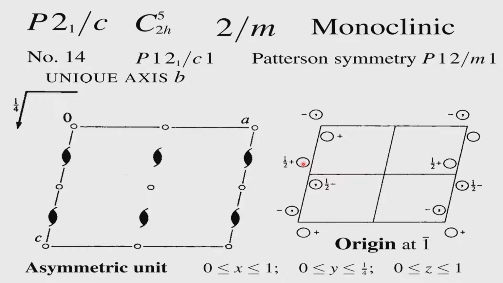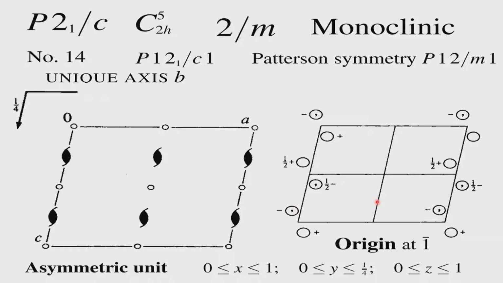then there must be a possibility of a glide plane which is placed at 1/4 the distance, because these 2 points will not be generated otherwise, and this is one of the points which is generated by the C glide system, and therefore, you have 4 equivalent points. These 2 equivalent points again are related by the presence of the center of symmetry here. These 2 are related by the presence of the center of symmetry there. These 2 are related by the 2_1 screw axis. Compared to this diagram, you can see that these 2 are related by a 2_1 screw axis. These 2 are also related by a 2_1 screw axis.